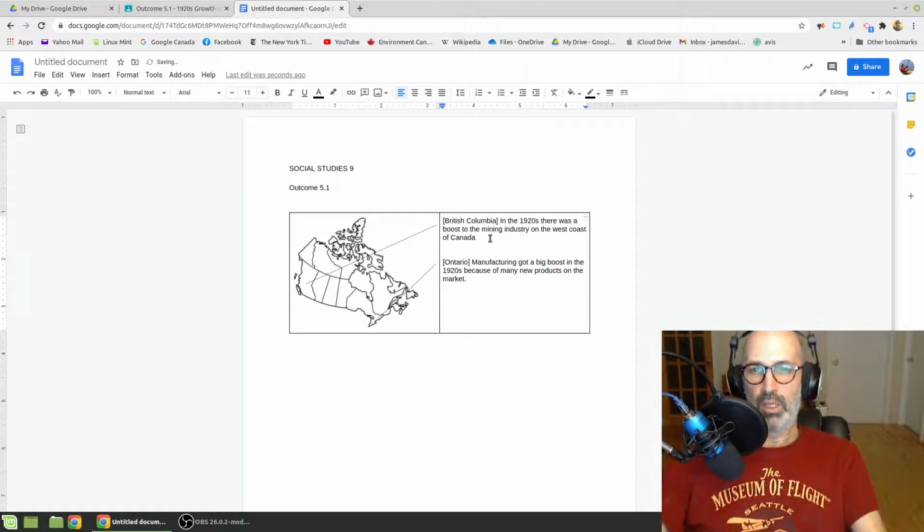There you go. So those are 2. I've asked the students for 3, but that's just a little example of how you can draw lines in